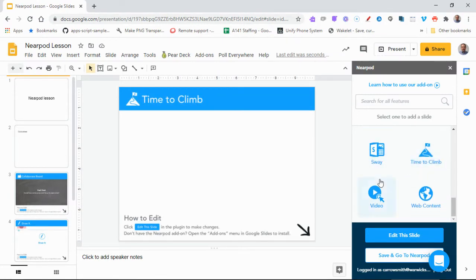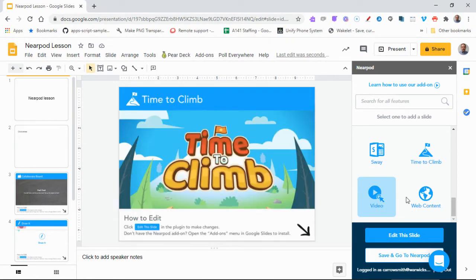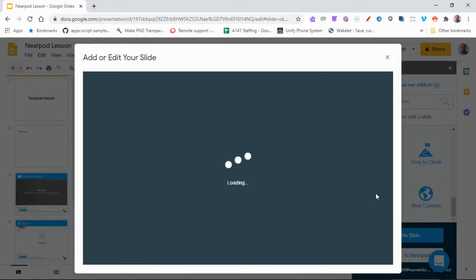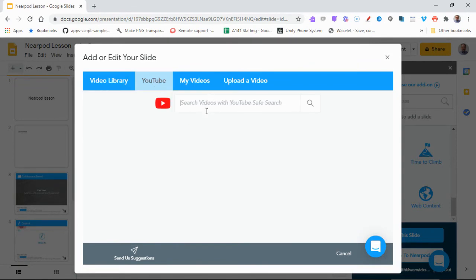Now, the nice thing about this system is it also allows you to put in things like videos and web content. And rather than just a link, it will actually pull the player up, and so your students aren't distracted. So we've pressed on that video option. We can add videos in lots of different ways. You can even upload your own, and they've got lots of subjects on here already. But if I press YouTube, we could then put in